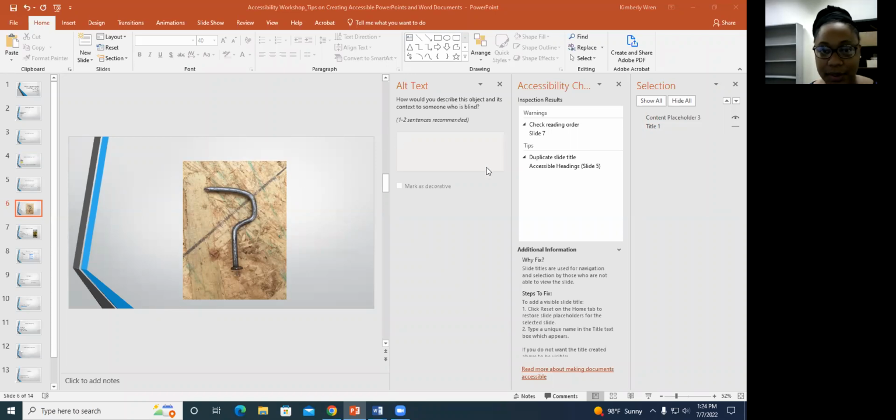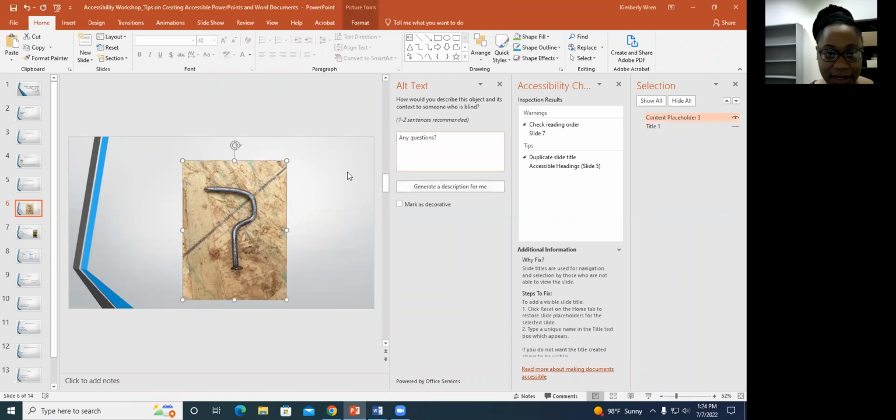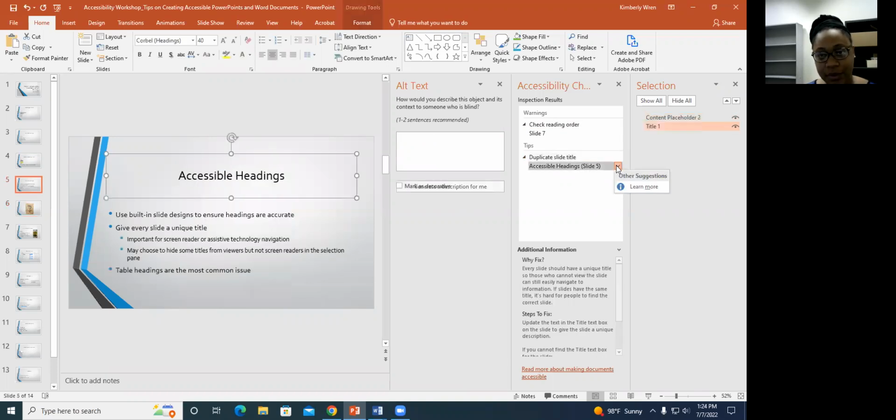All right. So I have a lot open here. See, this does have alt text, so we're good here. Let's see. Now I have a reading order issue. I'm going to skip that for a moment, and I'm going to go to my duplicate slide issue first. So I have a duplicate slide title. So remember,